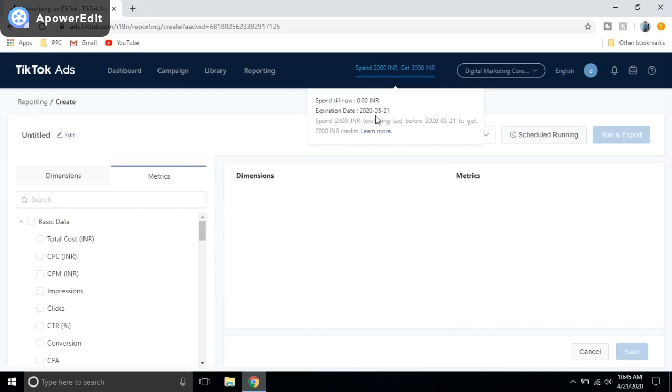Here it is showing the expiration date, which is May 21, 2020, approximately 1 month from today. Today is April 21, and the credit will expire on May 21. So if I spend 2000 rupees before May 21, I will get 2000 rupees from TikTok to spend on this account.